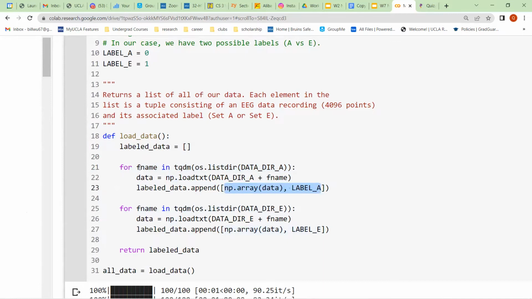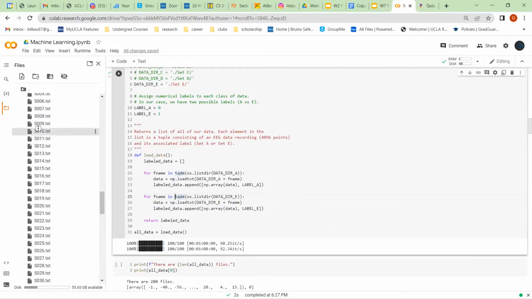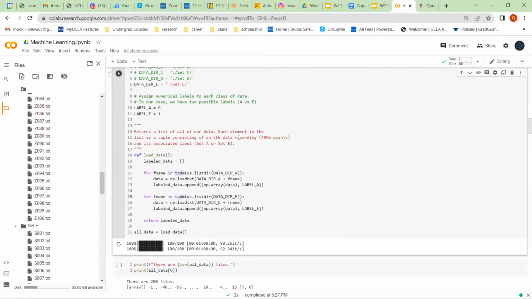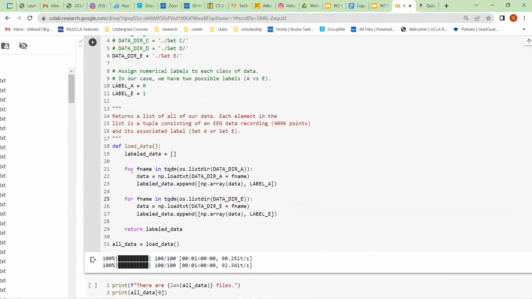If the file is within the set E folder, it's going to be put into the label data array, but also with a label for E. And if it's within the set A folder, it's going to be put into the array, but also with a label for A. So that creates our data structure that our computer algorithm can understand.